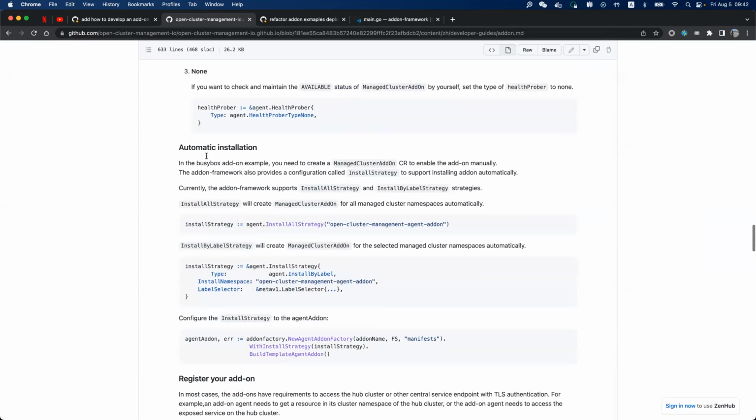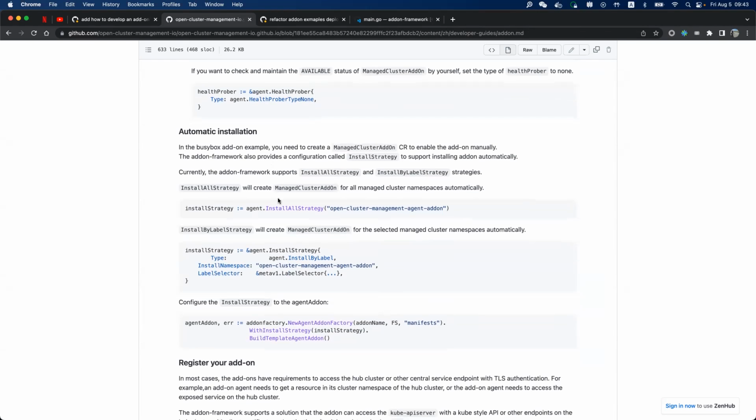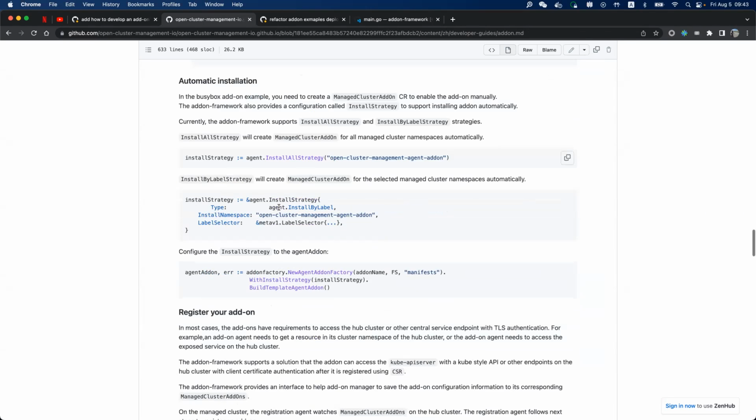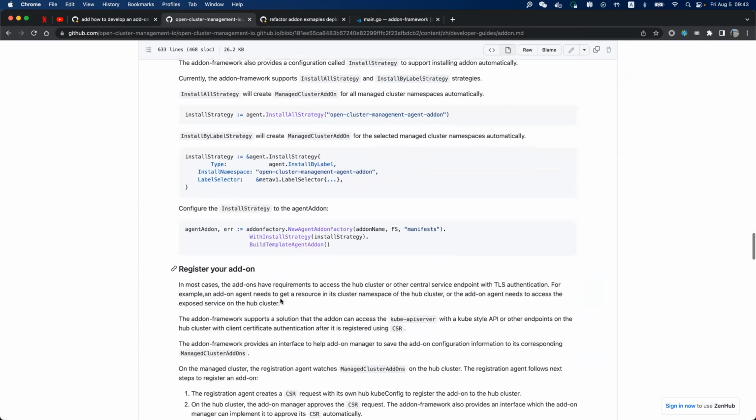And next is how to auto install the managed cluster. In the BusyBox, we can only create the add-on CR manually, and we can configure some install strategy to install the add-on CR automatically. And in the Hello World example, the Hello World agent may need some